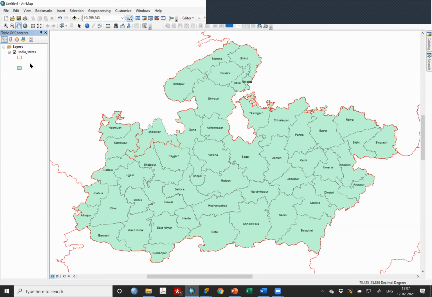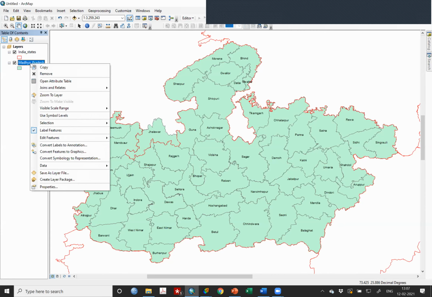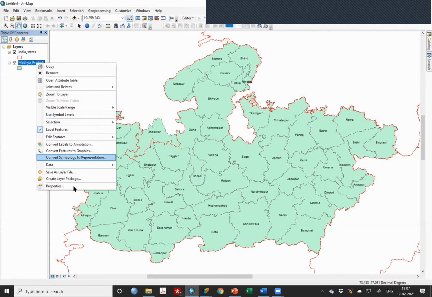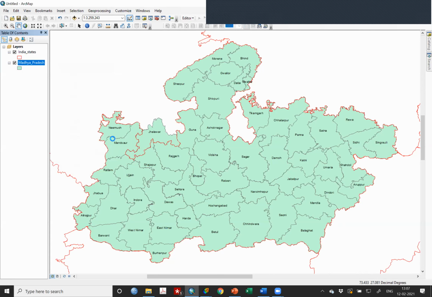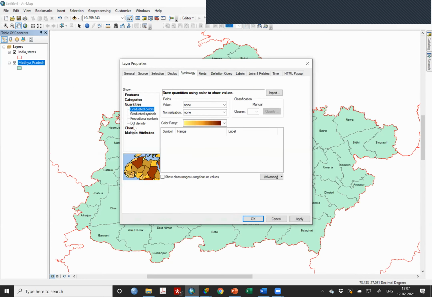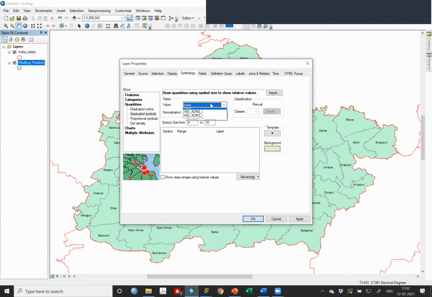And the same thing I was telling you, I will take two minutes. You can do the same thing in ArcGIS, but the trouble is the licensing, because it is licensed to the institute, and I got one license from the institute. So for example, for Madhya Pradesh you can create a quantile map here, using graduated colors and values.